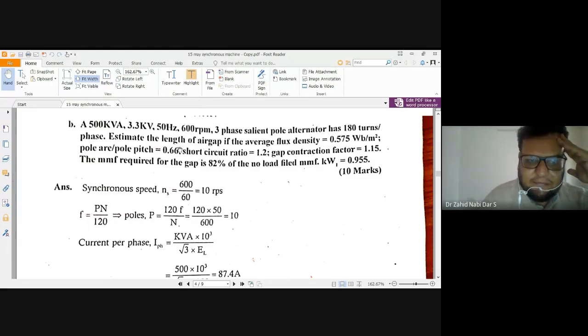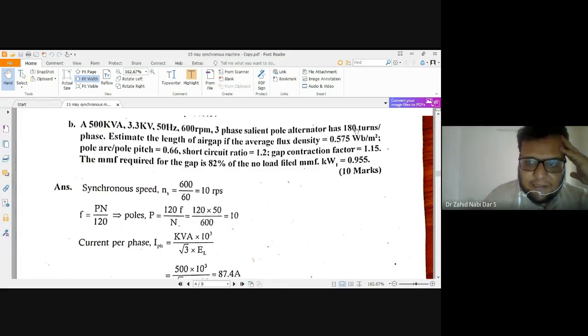Okay, that is one formula. So that is to come to mind. Whenever we are looking at the questions, formulas should come to our mind. What formulas are there? Okay, one more formula is there. E is equal to, that is this 3.3 kV. E is equal to 4.44 f phi T phase kw, in case of a synchronous machine, because the kw factor we have to consider. Here he has given it. If it is not given, you have to assume 0.955. Okay. Now 600 RPM is given, but RPS is what? That you have to see.